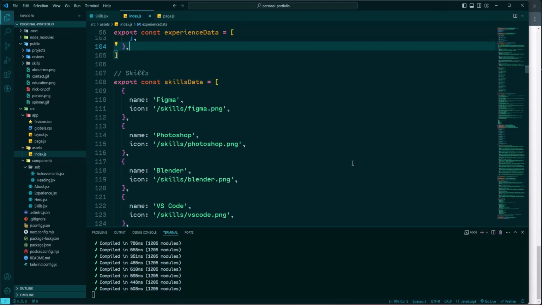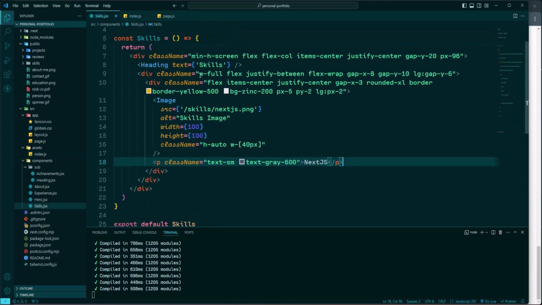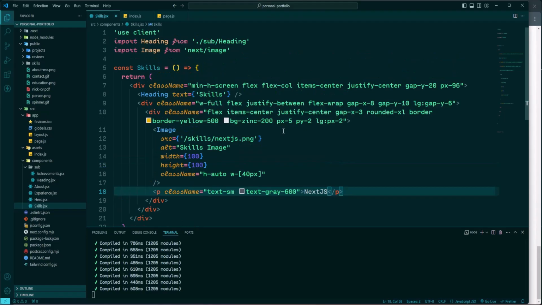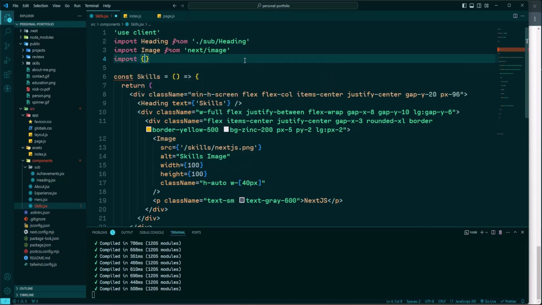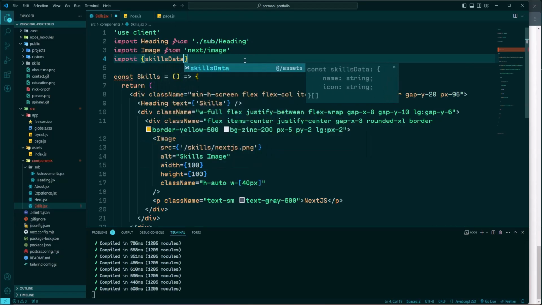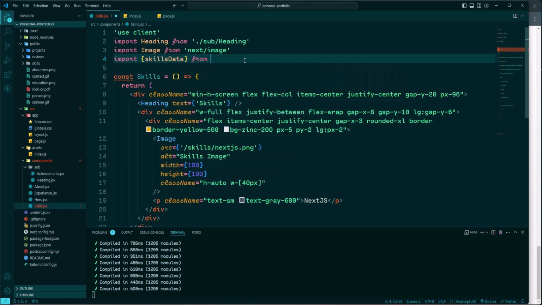In the next step, we're going to take this skills data array and map over it to dynamically create each skill item in our skills component. This will allow us to display all the skills listed in our data in a neat and structured way. So let's jump into that. First of all, I'm going to import skills data from index.js file. We need import skills data from